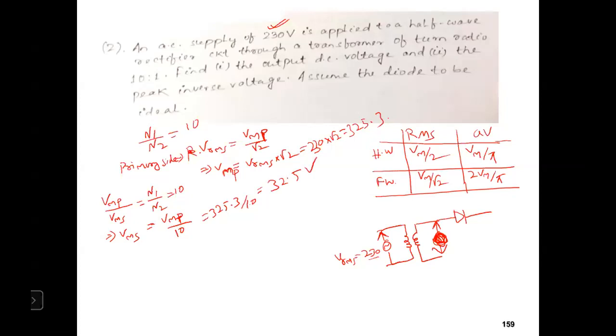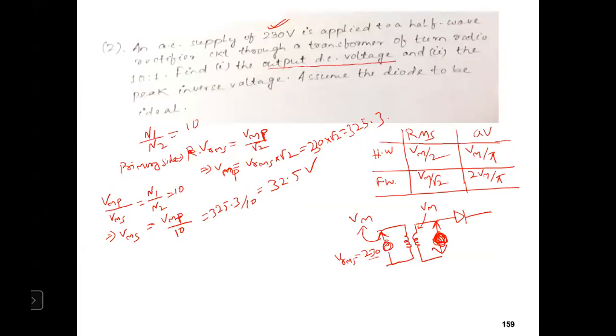Okay, that means देखो किस हिसाब से जा रहे हैं ये प्रॉब्लम को, पहले इनपुट साइड में एसी का आरएमएस वैल्यू दिया था, तो आरएमएस से डायरेक्टली मैंने क्या किया, आरएमएस को ये वीएम में कितना है वो कन्वर्ट कर दिया। ओके, तो उसके बाद सेकेंडरी साइड में वीएम कितना होगा वो हमको मिल जाएगा। ओके, ये आने के बाद हम राइट साइड में आउटपुट साइड में जो फॉर्मूला है फिर एवरेज वैल्यू निकालने के लिए, क्योंकि मुझे क्या निकालना है, फाइंड आउट द आउटपुट डीसी वोल्टेज।